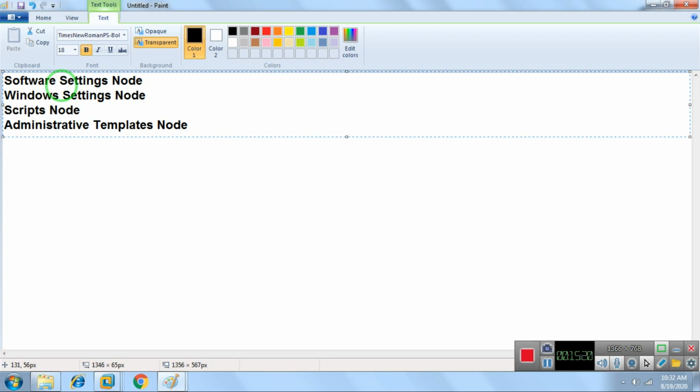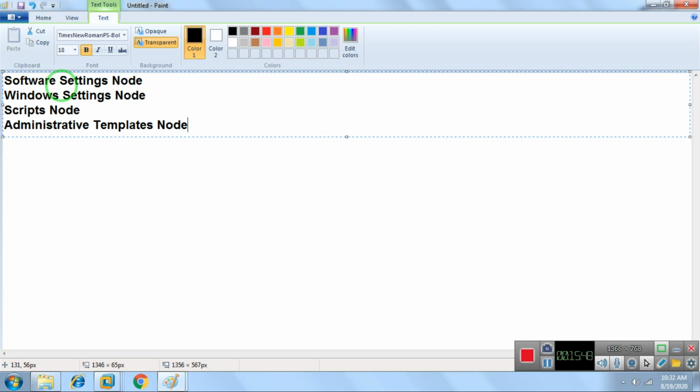We can edit the registry, we can apply registry settings. We can apply other settings also, like preferences, map drives. If you deploy printers, you can go for that too. Okay, so these are some of the nodes we have.